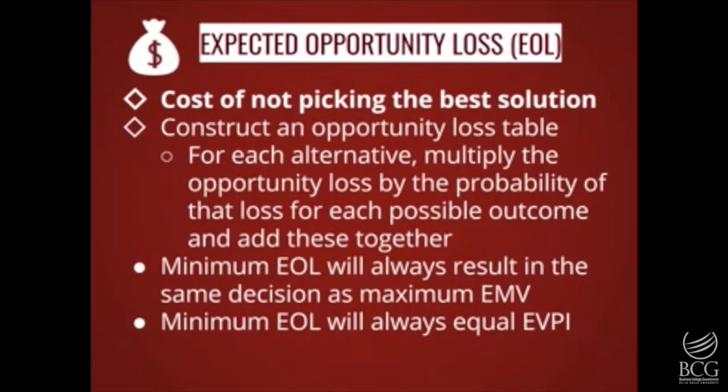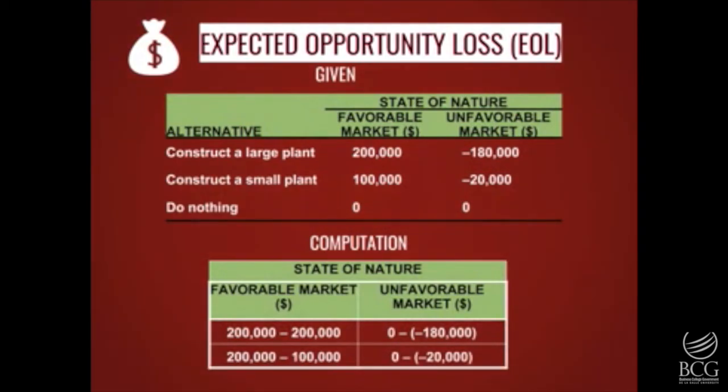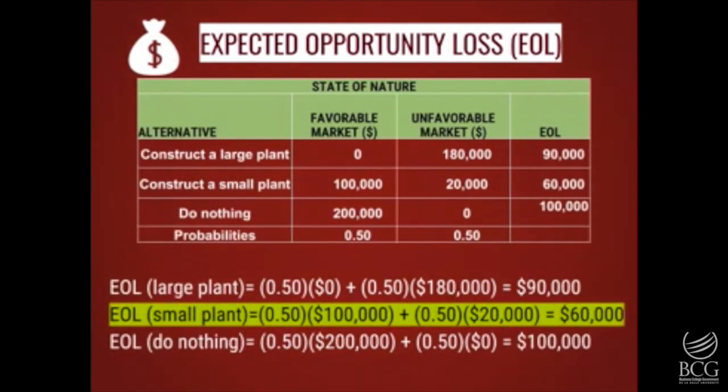Given the same problem, we try to make a decision based on the EOL. So first, we get the opportunity loss for each item. Again, the opportunity loss is equal to the best payoff in the column minus each payoff in the column. After which, we compute for the EOL by multiplying the probability with the opportunity loss for each alternative and corresponding state of nature. For the EOL of the large plant, we have 0.5 times 0 plus 0.5 times 180,000, which